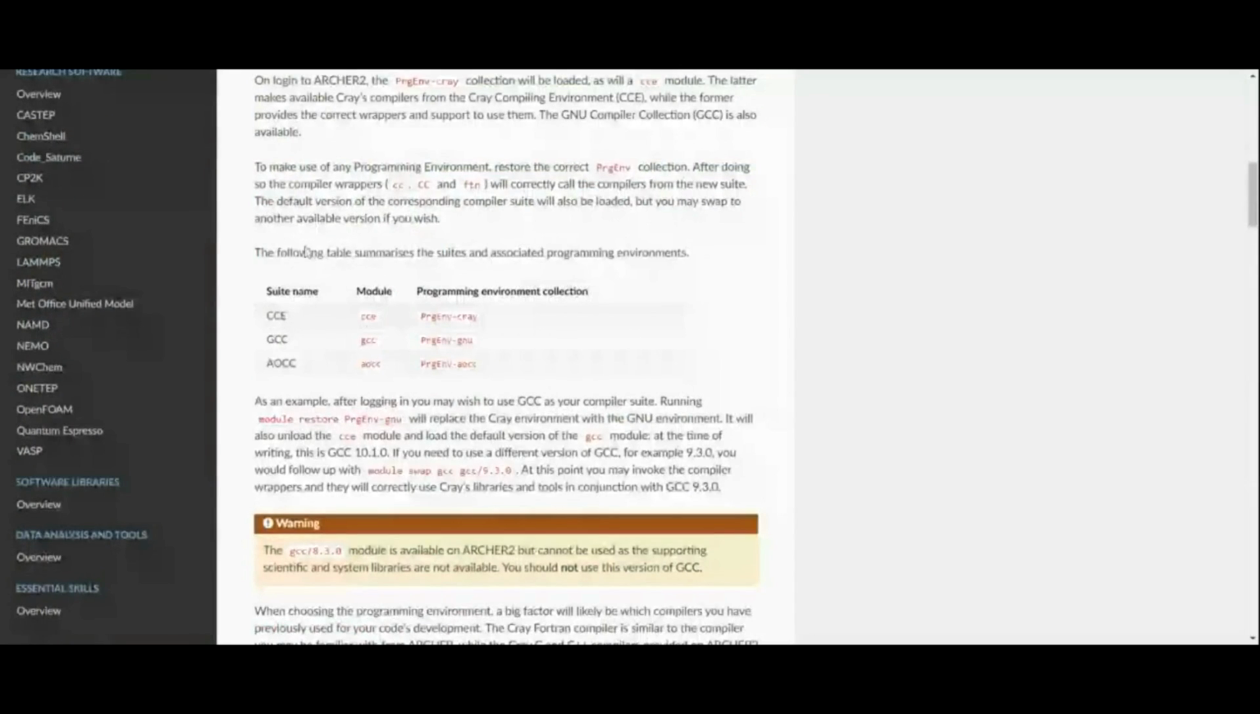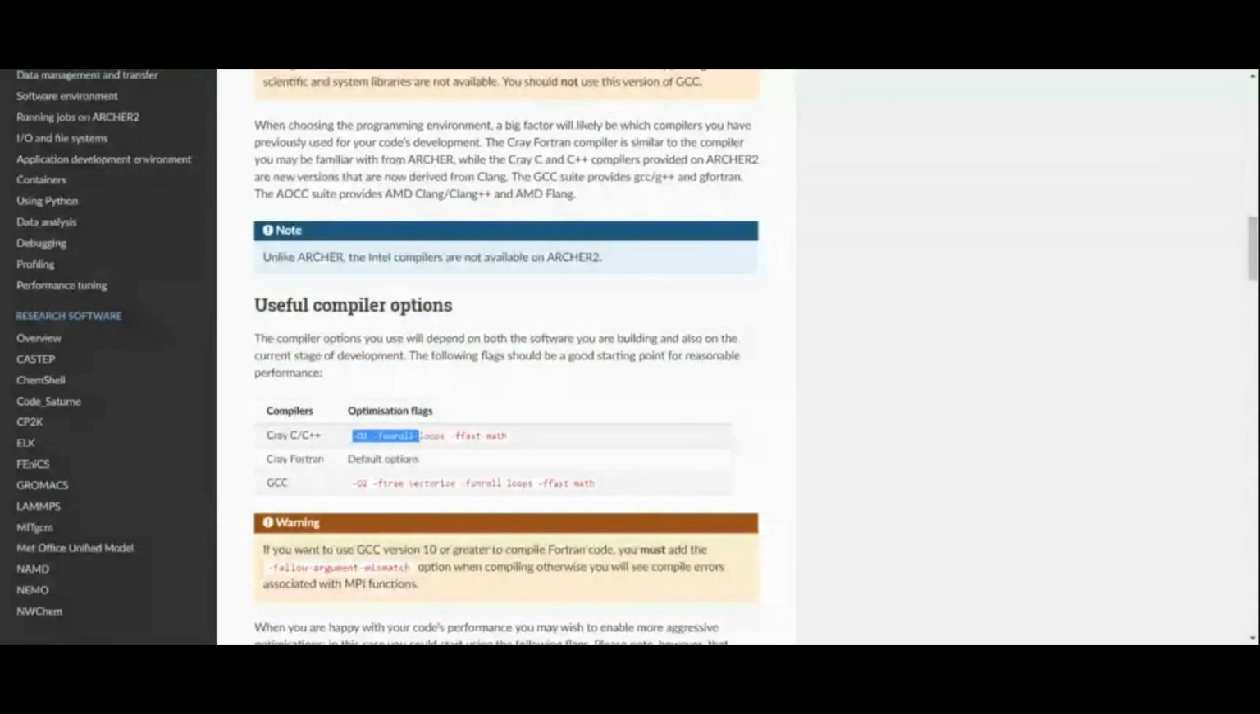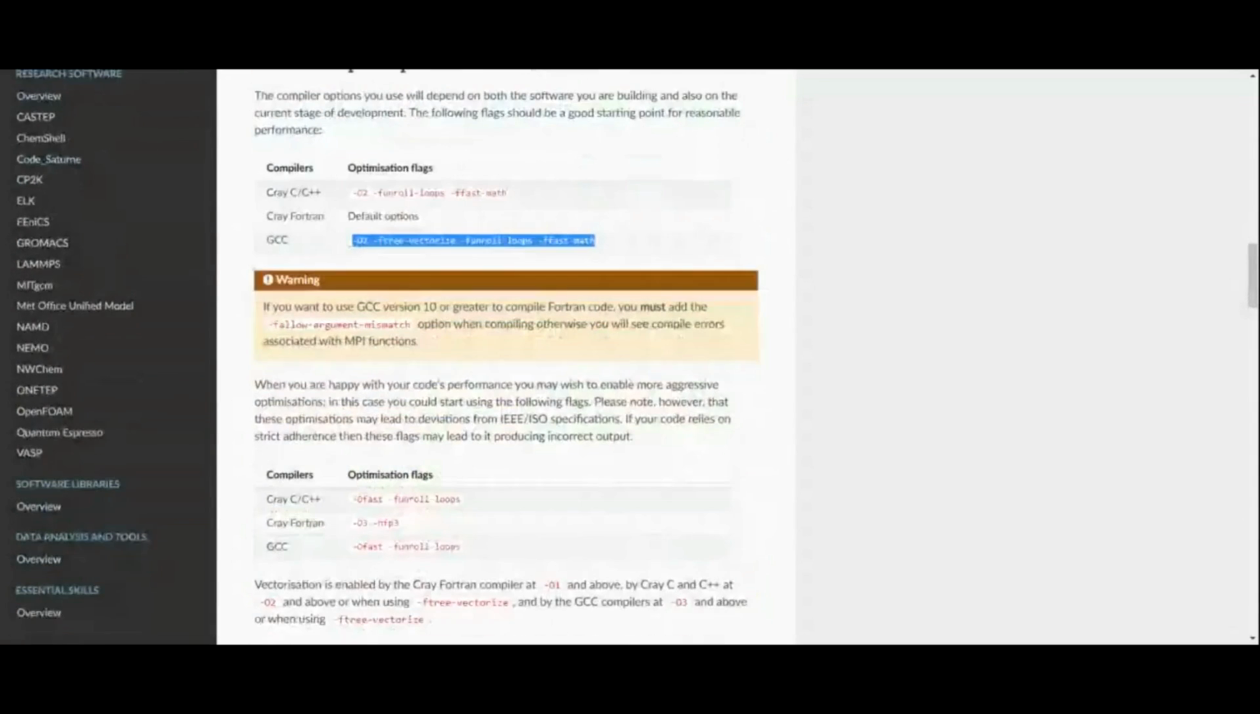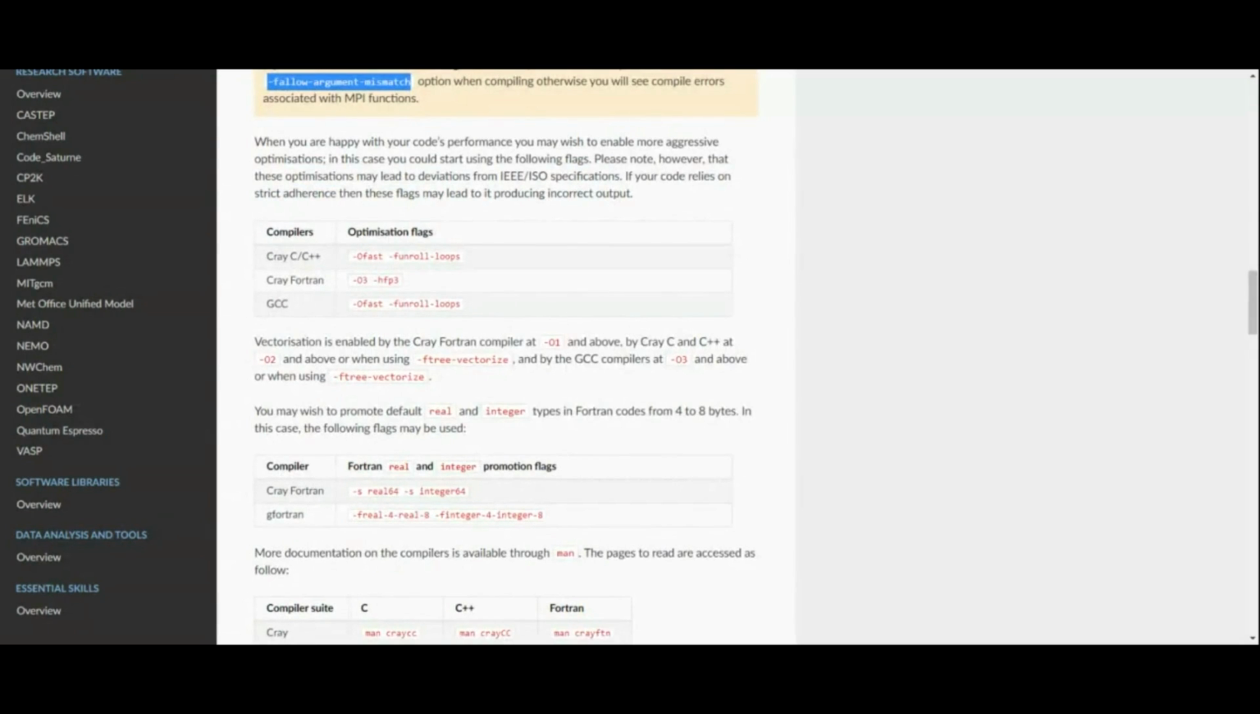You can see it talks about the compilers again, the programming environments. And then there's a couple of things for different compiler options. For the Cray compiler, this is a sensible option for C, C++, and the default option. And for the GNU compiler, this is a sensible option by default. If you're going to use gfortran with GCC 10 or later, a lot of codes, when you compile MPI codes, complain at the moment, so you need to add in the special -fallow-argument-mismatch